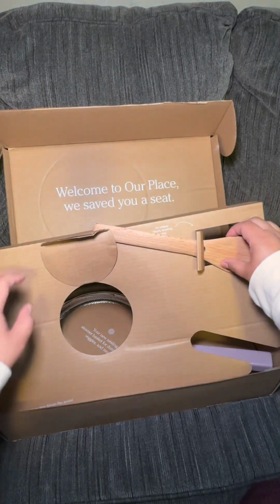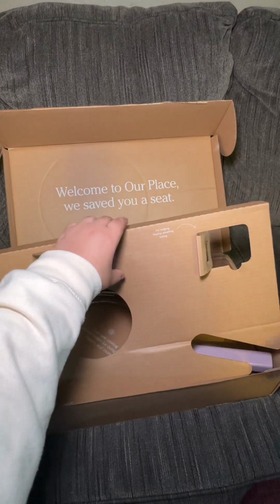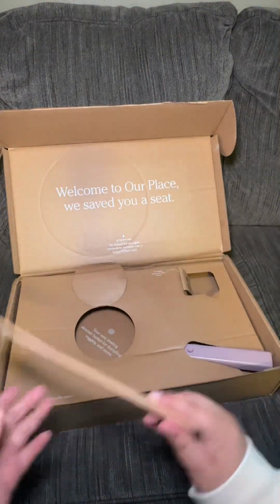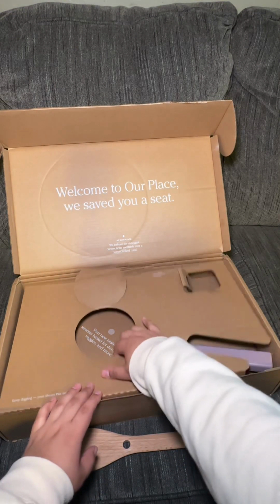I will be posting a separate video from this, cooking and using it and using the utensils. So this will just be an unboxing, guys. But oh my gosh,